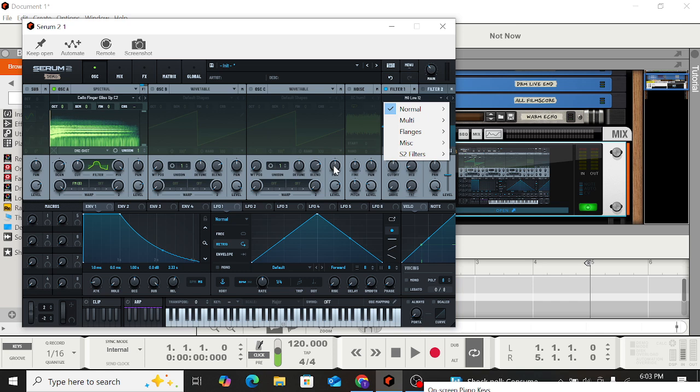So that's the plus. Here's the downside. I'm going to get to it real quick. The one thing I did not like about Serum, outside of the fact that it's resource intensive, is the fact that